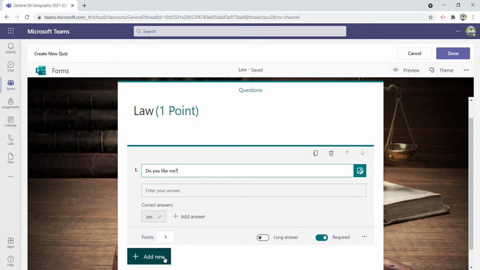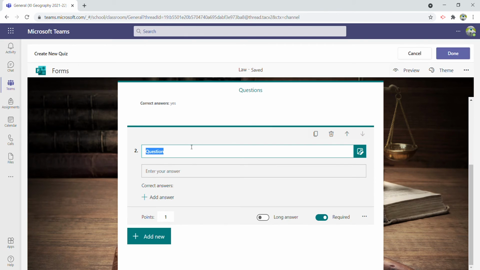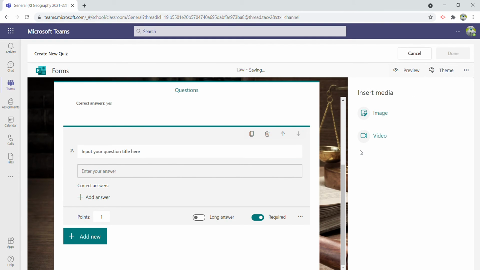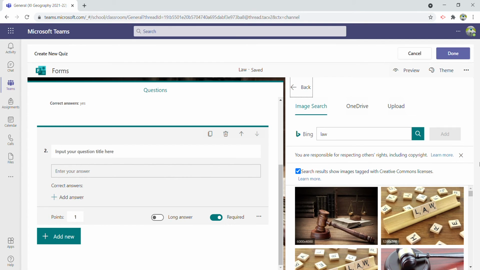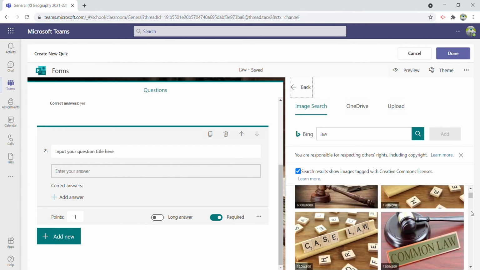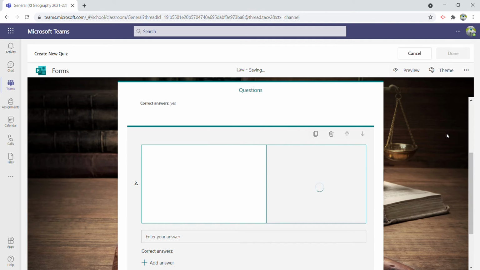Now, when I'm showing you how to add another question, I'll show you another variety of question. I don't want to give this question in the form of text, but in the form of a picture. So I want to tell them to identify this, or maybe something else, like what is a case law. So I'll just click this picture, and then I'll ask them, see the picture given on this side.